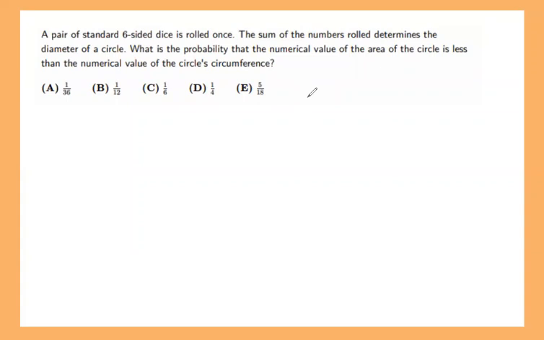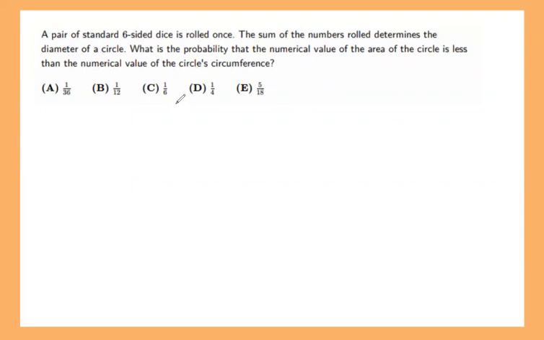So next problem says we have a pair of standard 6-sided dice is rolled once. The sum of the numbers rolled determines the diameter of a circle. What is the probability that the numerical value of the area is lesser than the numerical value of the circumference? Okay, so